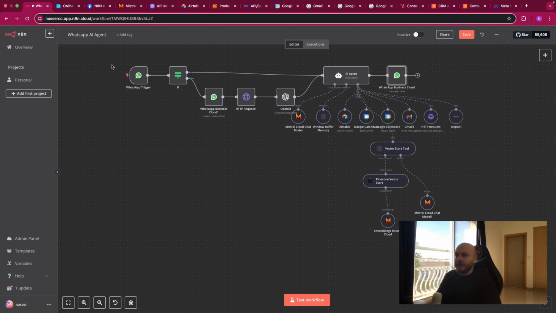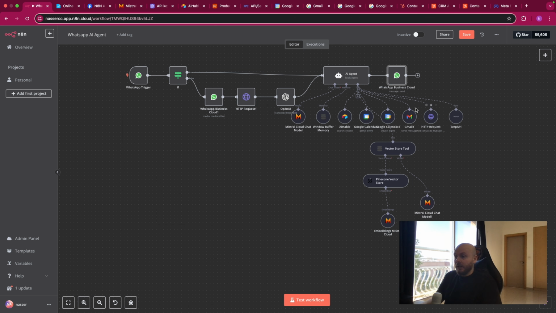Just keep in mind, this is not a fully functional AI agent. This is just something that you can take as a base and build your AI agent on top of this. For example, it's missing some features. Like, for example, if you send an image or a video to the WhatsApp AI agent, it will crash, because we have only taken in consideration the use case of text messages and voice messages. Also, in terms of security, for example, someone can ask your AI agent the email address of another person that have an appointment. So that's a security issue. So you have a lot of things to manage before being able to really use it,